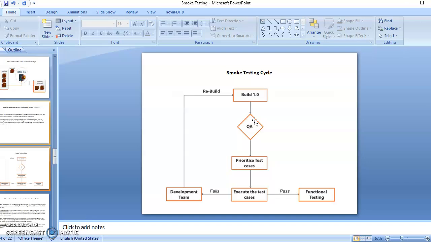Quality assurance is a separate team which is formed in order to check the quality of your software. So smoke testing will be mostly done by the quality assurance lead. The build will go to quality assurance, and then the quality assurance lead will prioritize the test cases based on the build of the software, and then they execute those test cases